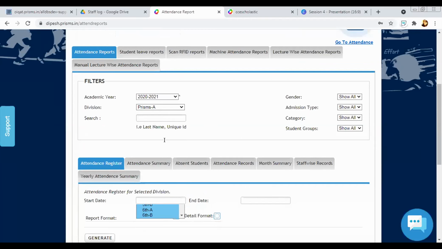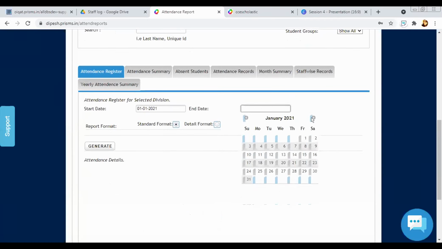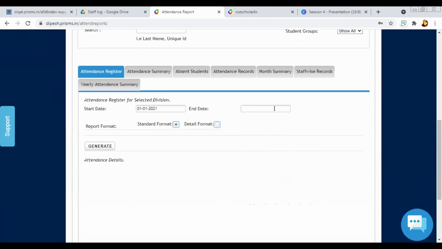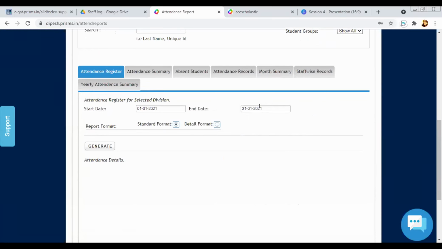Show. Okay, one minute. You click on generate.